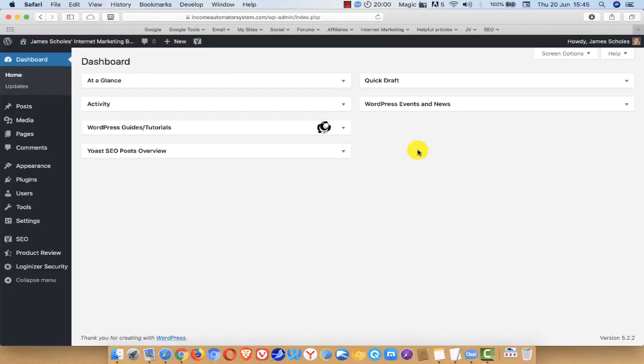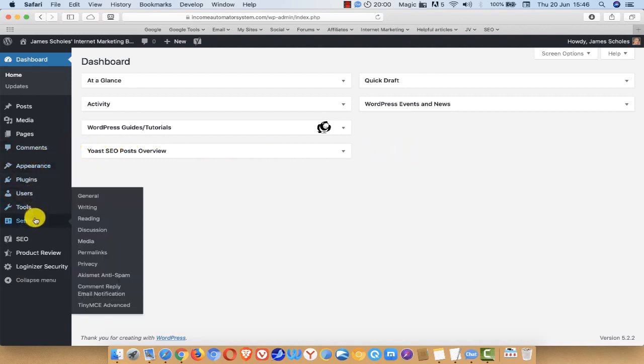The next thing that we need to do is to name your website. So hopefully you've got a good name in mind for it. And then secondly, we need to sort out your profile settings and set up a Gravatar account for you. So to do this, we need to first of all go down to settings and then general,